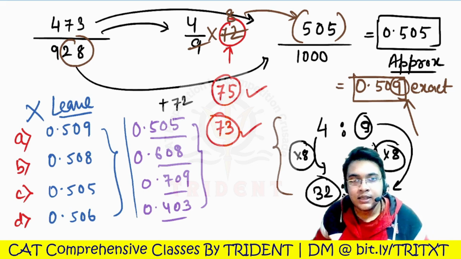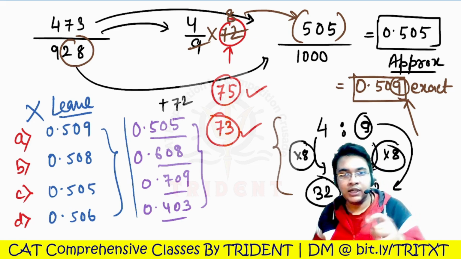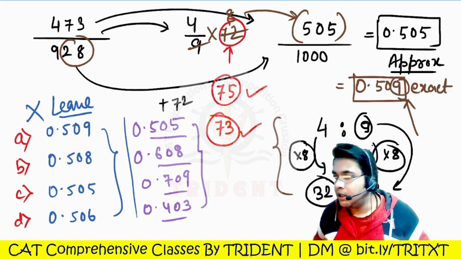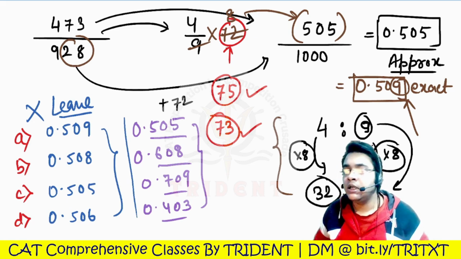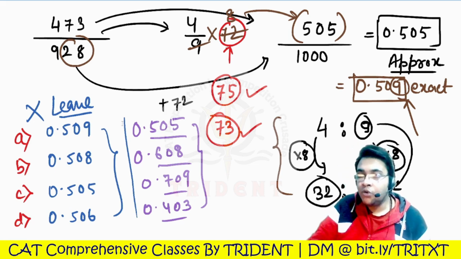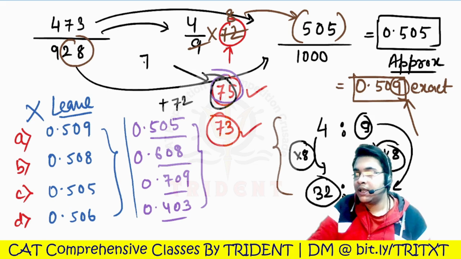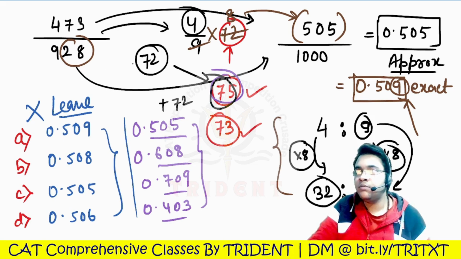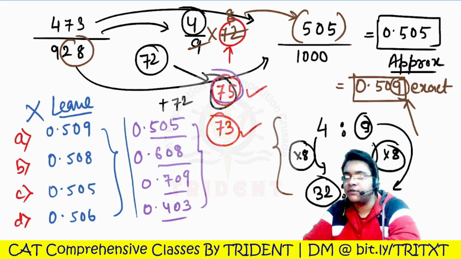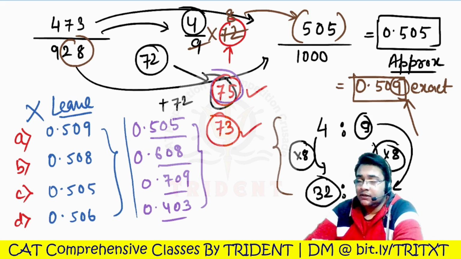In a CAT-like situation where you have a calculator, you can do that because the calculator is present for your benefit. The thing that I was telling you, in most cases, if the number is 75, I can still manipulate the number as 72, and maybe make some plus minus in the numerator. For example, if this is 75 and I suppose this as 72, then what it means is